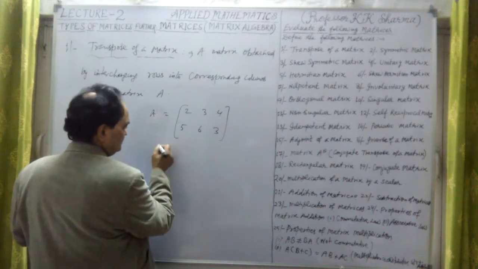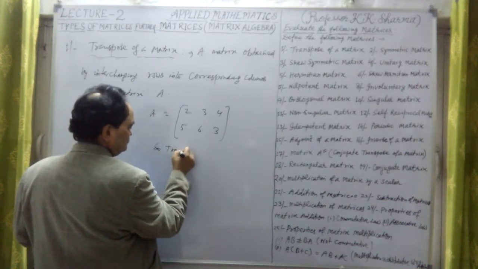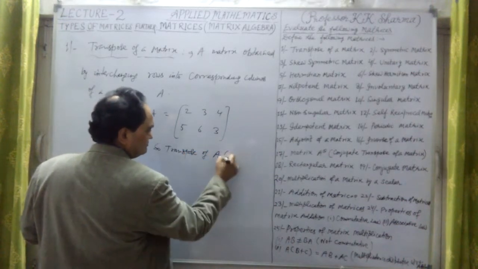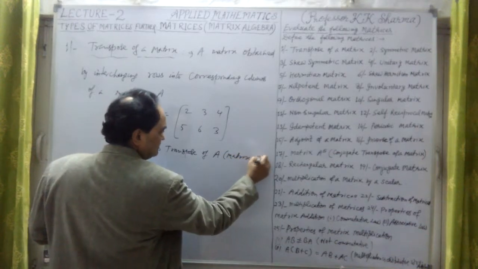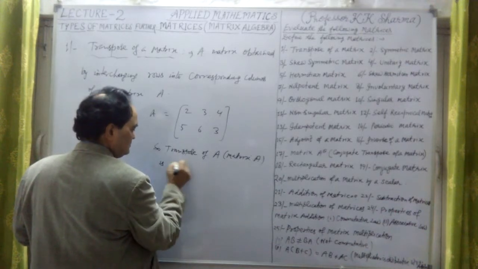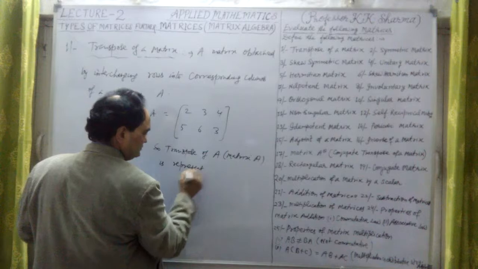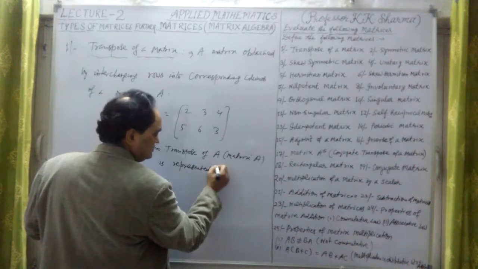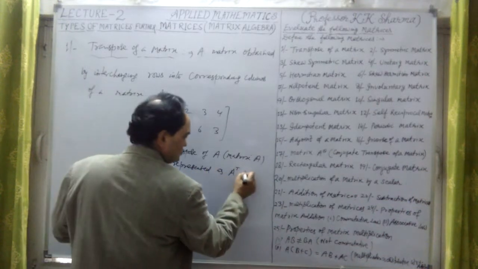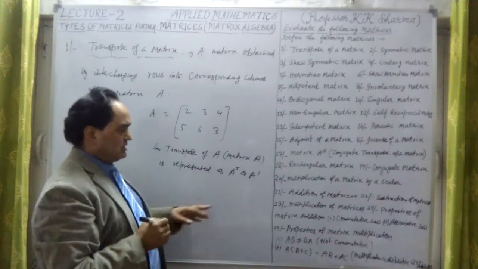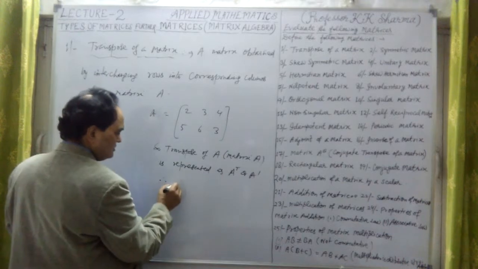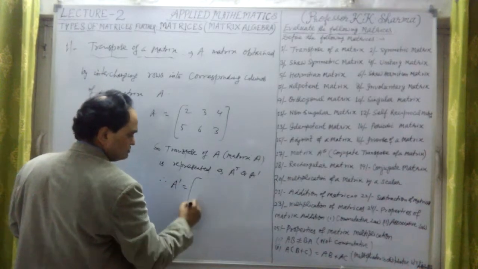The transpose of matrix A is represented symbolically as either A transpose or A dash. I'll take only A dash. A dash represents the transpose of the matrix. Therefore, A dash in this case is equal to